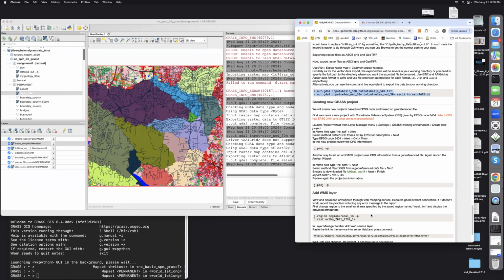Now let's see, in this project we are using meters, and we are focusing on Southwest Wake County, and we have also some data for the entire North Carolina. And we have some new data and a new project where we are working with the local government, and the local government asks us to work in the coordinate system, which has EPSG code 3404. So let's now create a new project